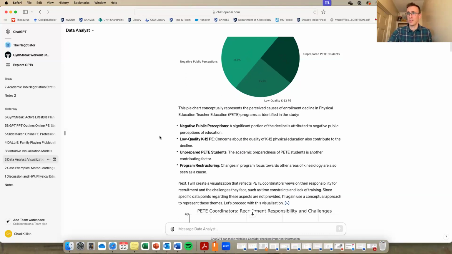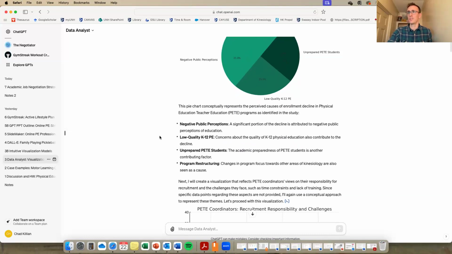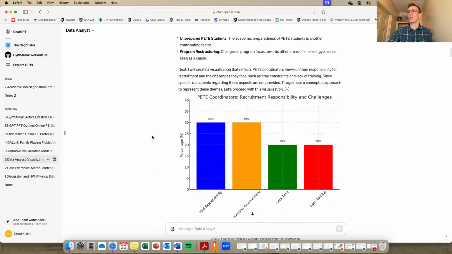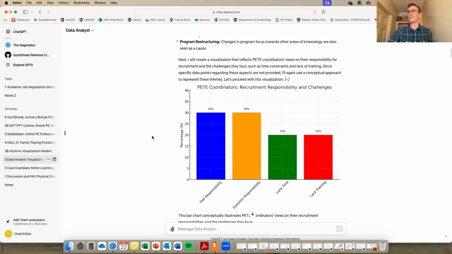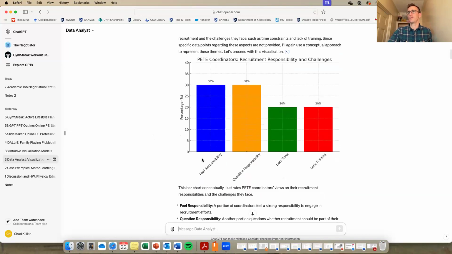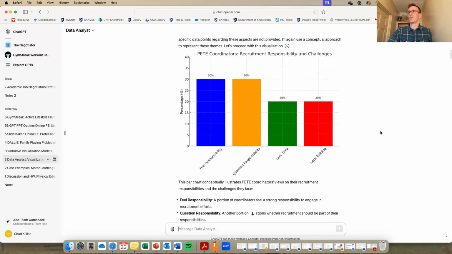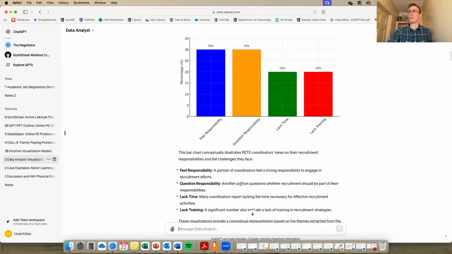I don't know if this breakdown is right, but again, it visualizes the data. Here are some other ways of looking at it with a bar graph. So 30% said they felt responsible for it. Most of us lack time and lack training in recruitment efforts. So again, it gives nice bullet points.